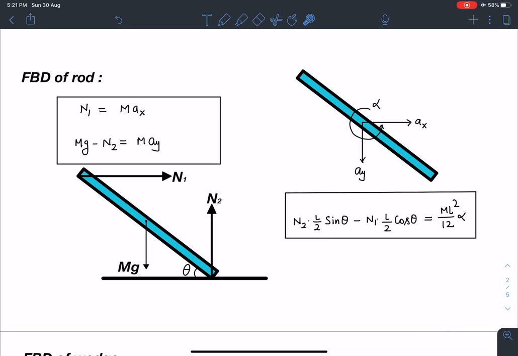If I take torque about the center of mass of this rod, I'm choosing the center of mass because all other points are accelerated, so we would need to apply a pseudo force. However, about the center of mass, the torque due to the pseudo force becomes zero. So for better calculation and convenience, I am choosing the torque point as the center of mass of the rod. Since I'm taking alpha to be in the anti-clockwise sense, I'm assuming the torque of N2 is more compared to the torque of N1. So I'll be writing it as N2 into